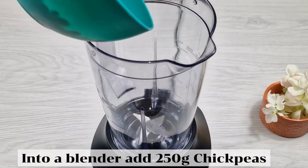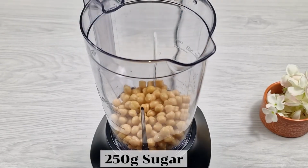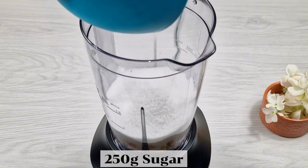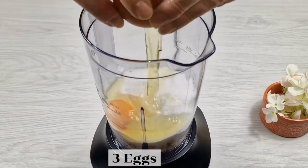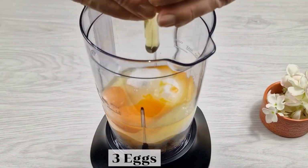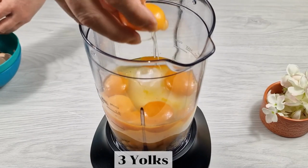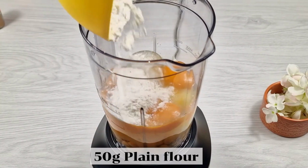Into a blender, add 250 grams chickpeas, 250 grams sugar, 3 eggs, 3 yolks, 50 grams plain flour,